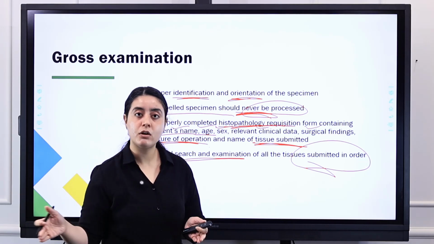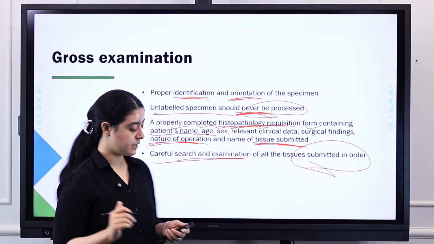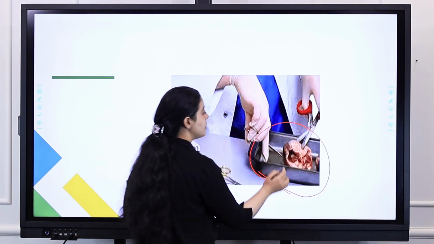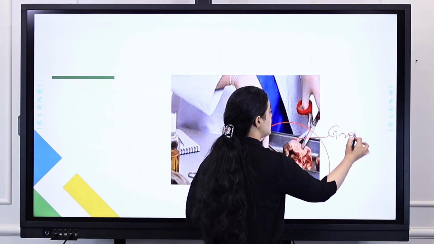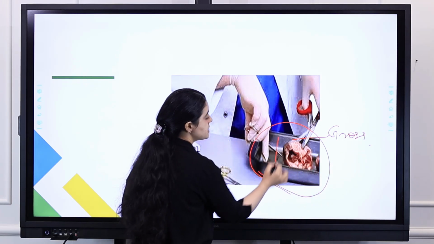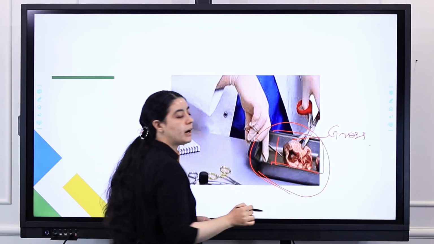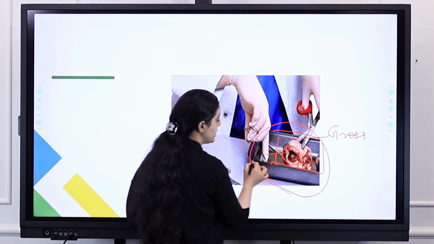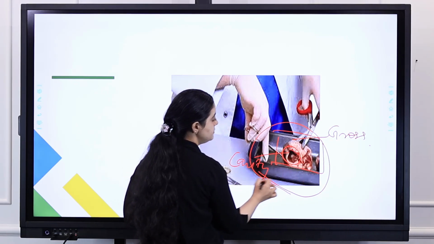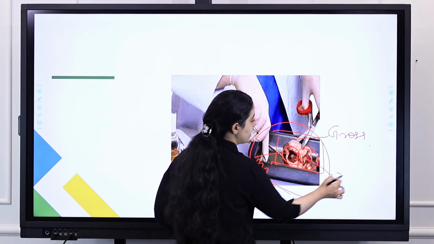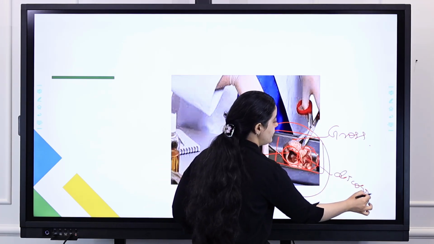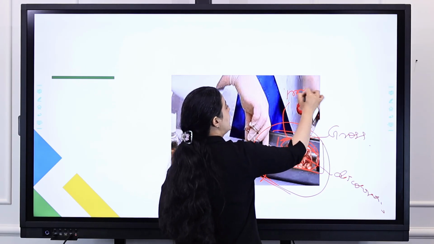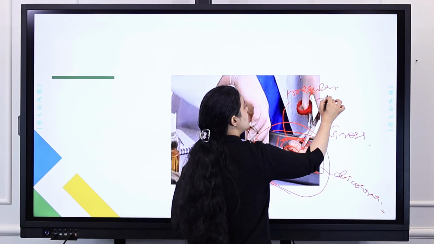So you have to arrange it in an order and then start your further processing, right? Then like this you can perform gross examination. Suppose this is a whole organ we have received, or part of the organ. You can see there are some cavities, there is some discoloration we can observe, right? Here the margins are not regular, so we can write irregular margins are there.